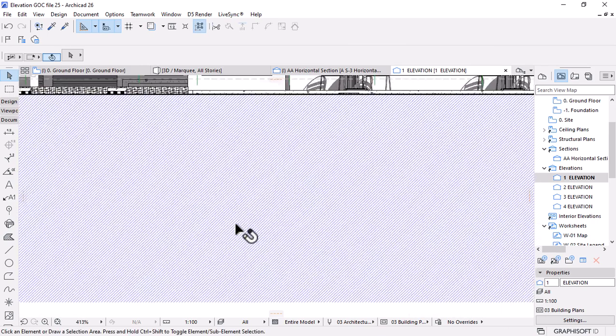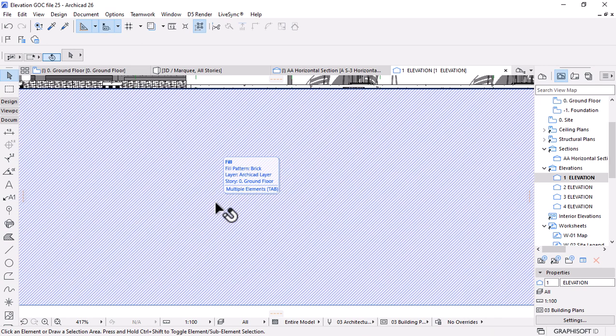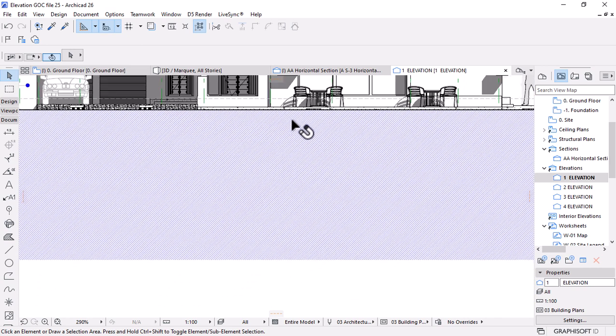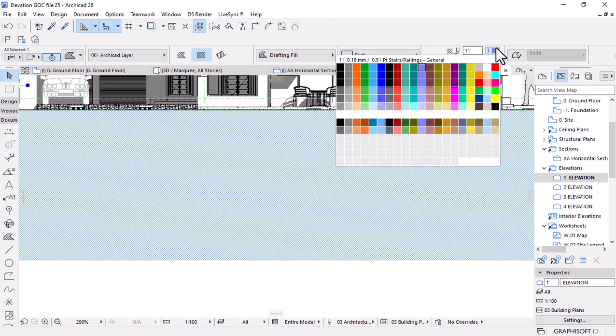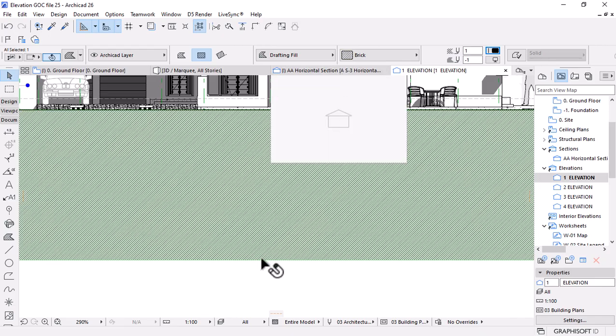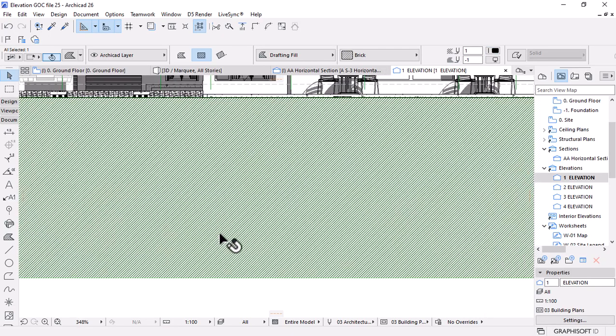Okay, so if you want to change the color or the pens for the hatch, you could go back here, and under the fill pen foreground, you change it to whatever pen color you want. In this case, I'll use color 1, which is 0.13 millimeters, like that. And if you feel the hatch scale is too small as it is now, I believe it's too small,